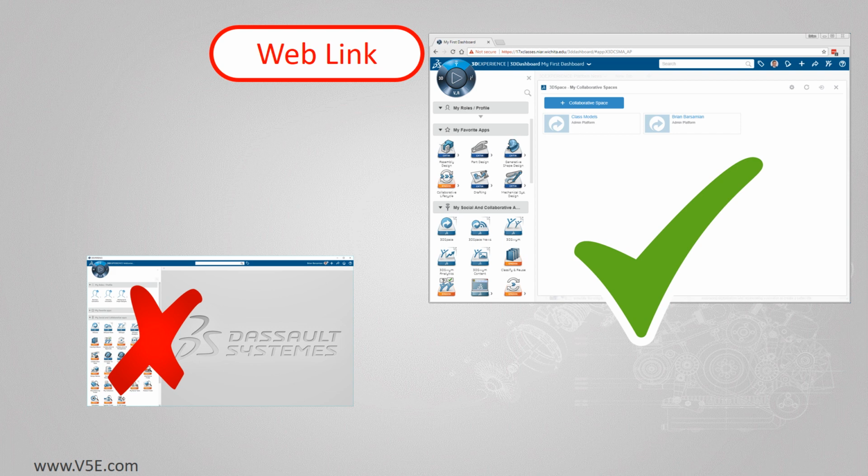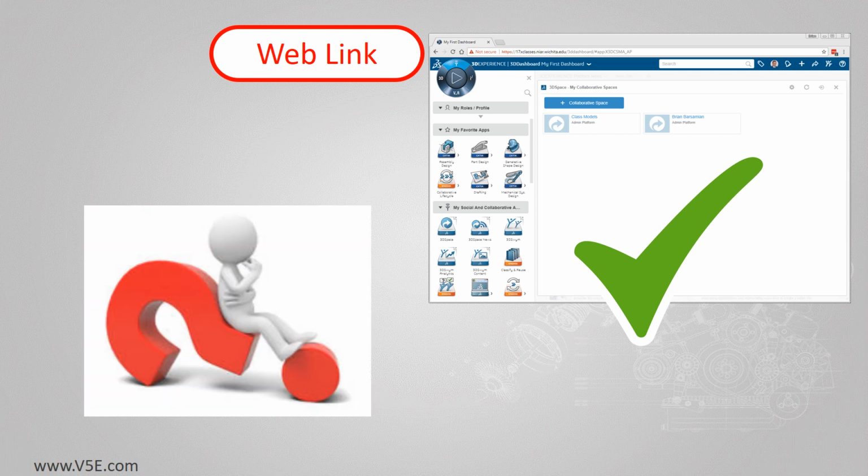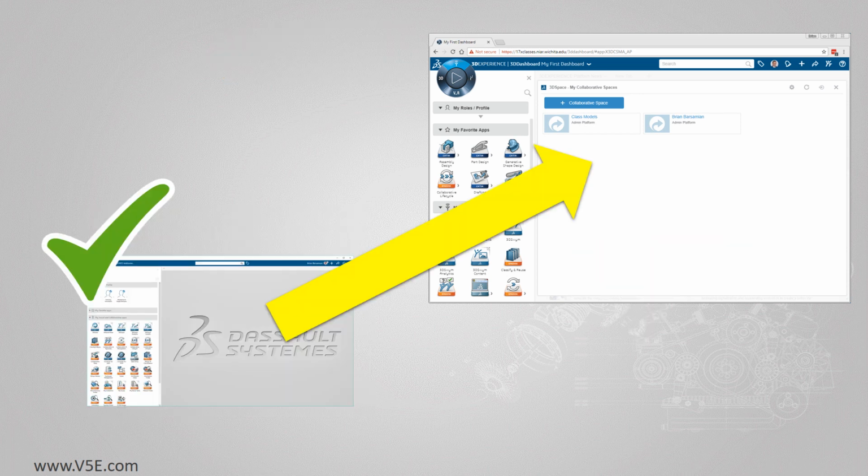We won't even open the 3DE software. Well, there's a small problem. I don't know about you, but I never remember web links. So we'll do it this way just because it's the easiest way. And besides, we don't go to the collaborative spaces that often.